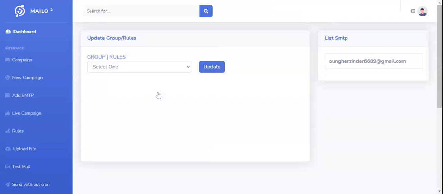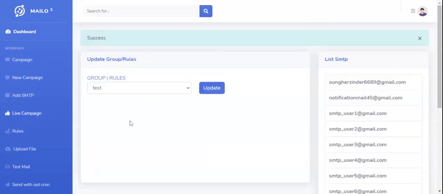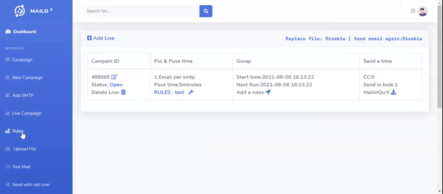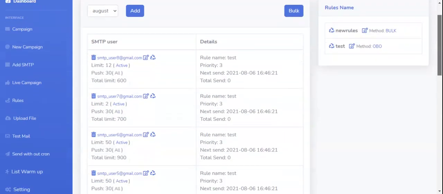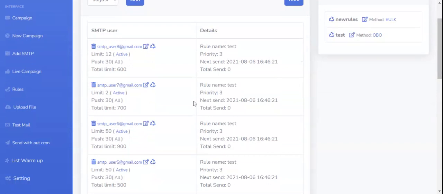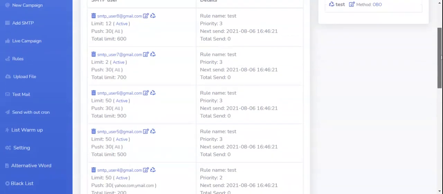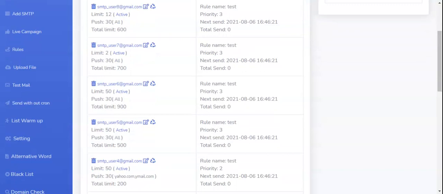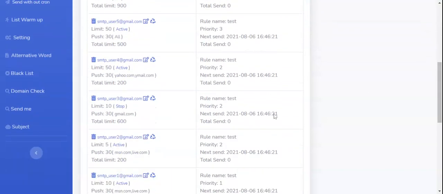You can change the live campaign to the newly created rules, which means that campaign is under those rules. In those rules you already set the dedicated SMTP for the dedicated receiver server, and you also stopped sending email to Gmail, because the email you set for Gmail you already made stop. So from now this campaign will not send any mail to Gmail.